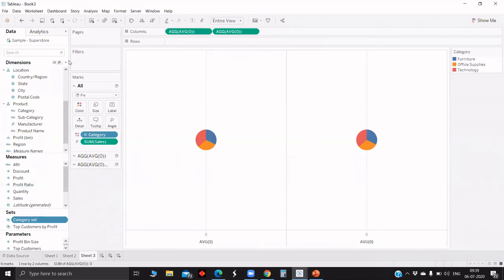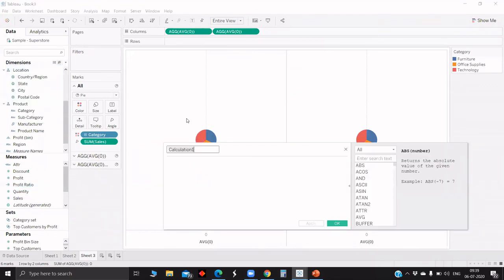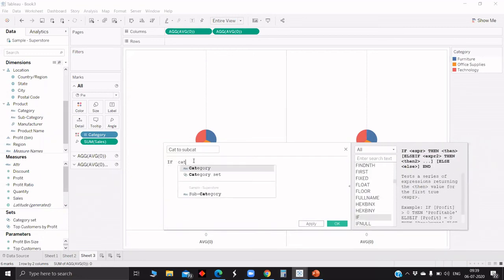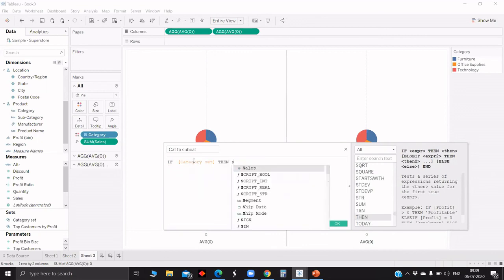We will create a calculated field using this set: category to subcategory, if category set, then category, else subcategory.